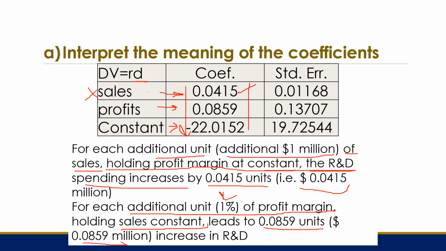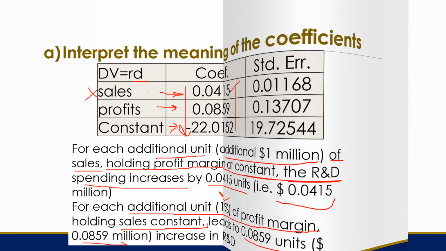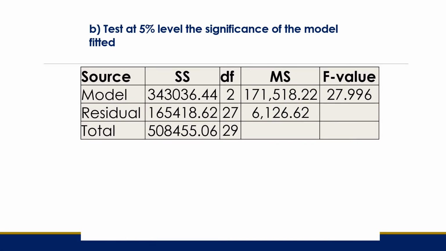So that's how we interpret the coefficients. We are also asked to test at 5% level the significance of the model. In that case, we use the ANOVA table. And this is the way the ANOVA table looks like, as you can see it here. So if you divide this by 27, you will get this result. And here, when you divide, you get this result. Okay? Now, if you divide these two, you get this result, the